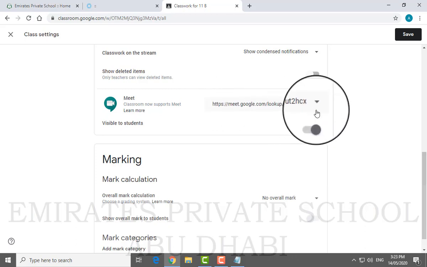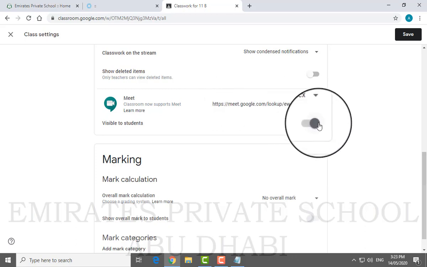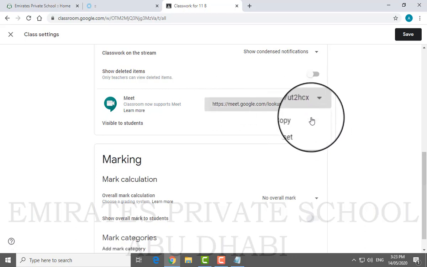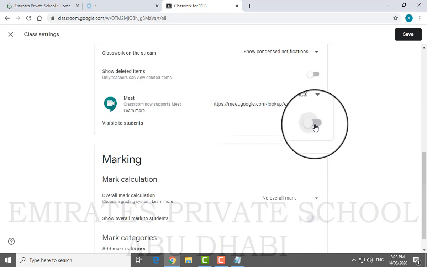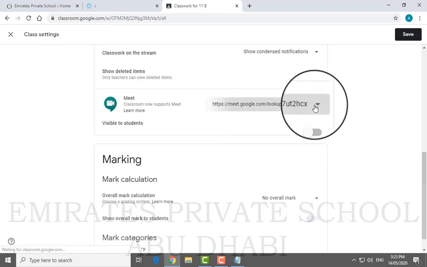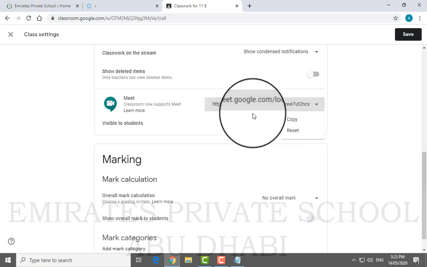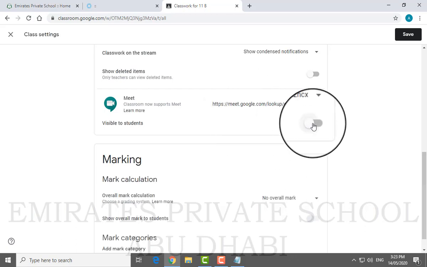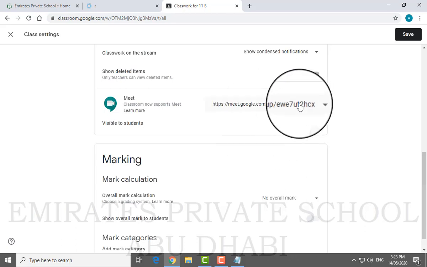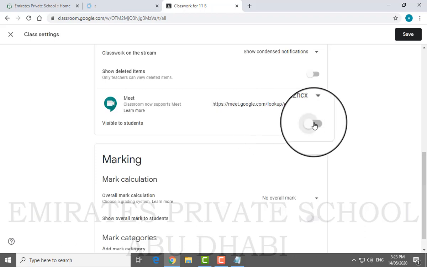Once it is generated, you can see this is automatically on. If I say off, it is generated and you can copy and paste, but then it will be difficult for a student to copy this code every time, paste it, remember it, and remember where they kept it. So keep it on so that it will be visible to them.